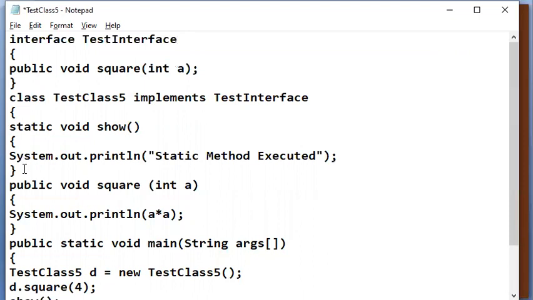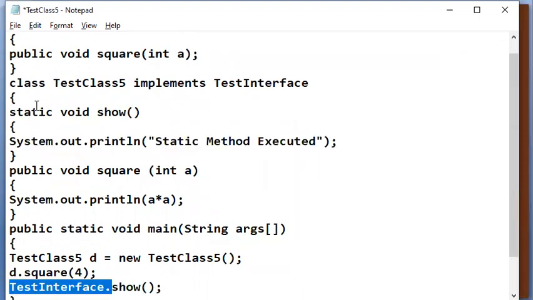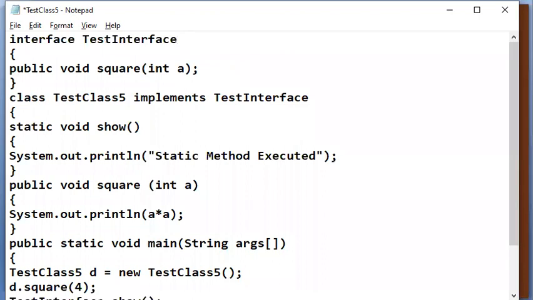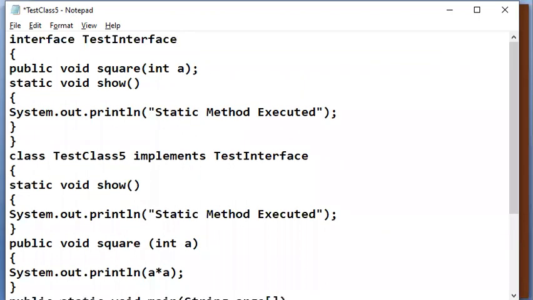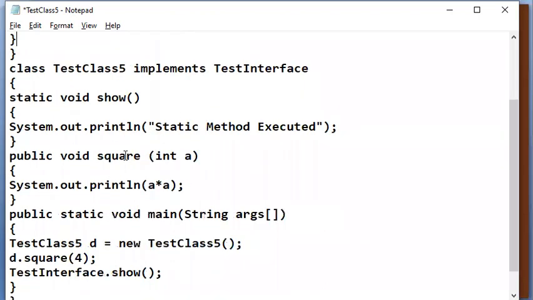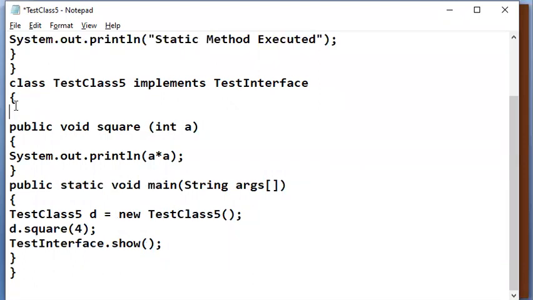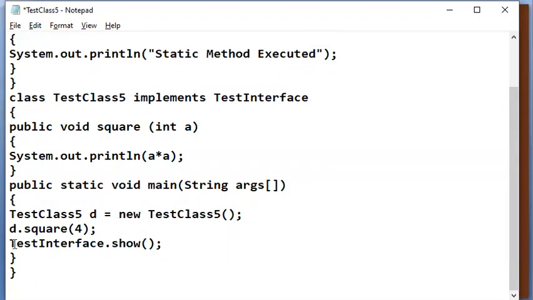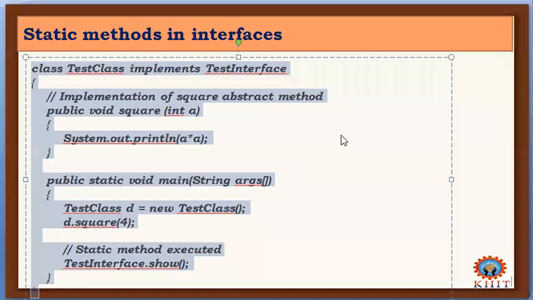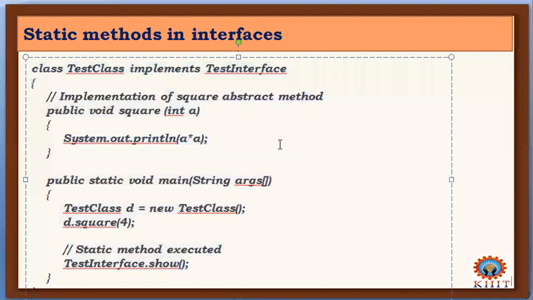So I'll keep this in the interface itself because we've been discussing static methods inside the interface, not in the class. We have already seen some examples of static methods in classes before, right? So this is the TestInterface, okay. Right, I hope you understood this concept, static methods present inside the interface. Now,